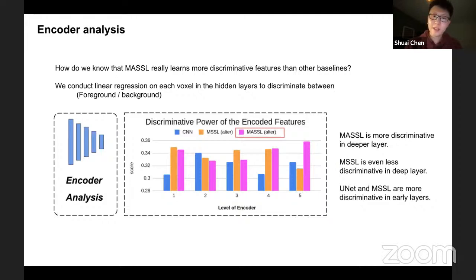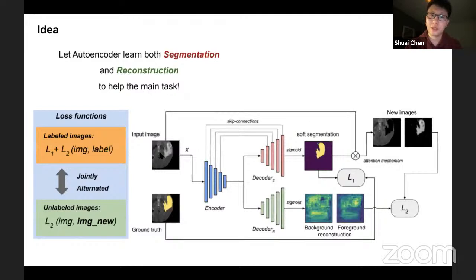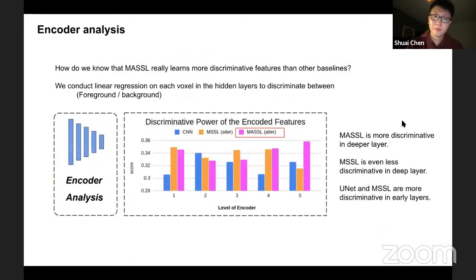The MSSL can also deal with unlabeled images because it is reconstructing the original image. Yeah, but your method cannot separate into background and foreground, right? So yeah, they can separate background and foreground. Yeah. So okay, we can see that it's also equivalent to saying that we propose a new task. The new task is a combination of segmentation and reconstruction. So we can't really say it's reconstruction anymore. Yeah, okay.